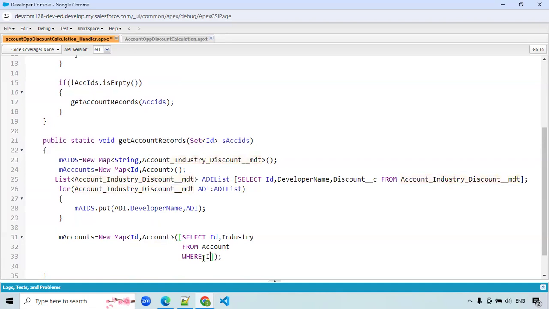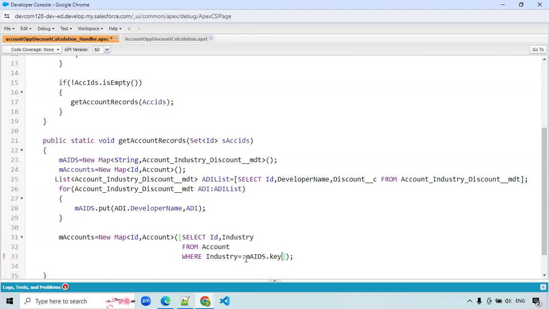So where industry equals to, now here we have to get it by all the keys. That's why here I'm taking the map based on these keys. This map is holding the industry: technology, banking. These records only we need to get, right? Other records no need to get from the database. So that's why here we have to take it